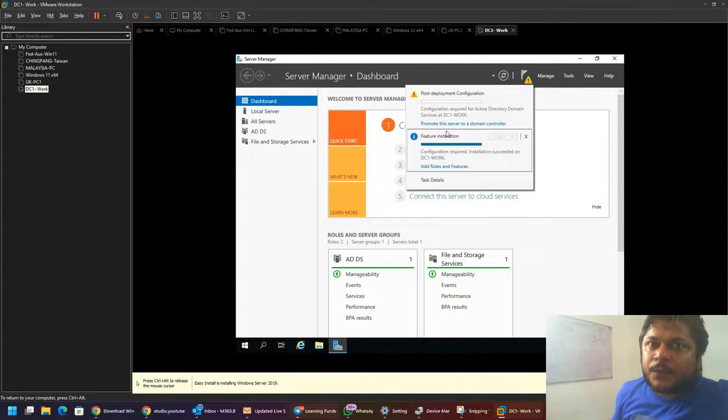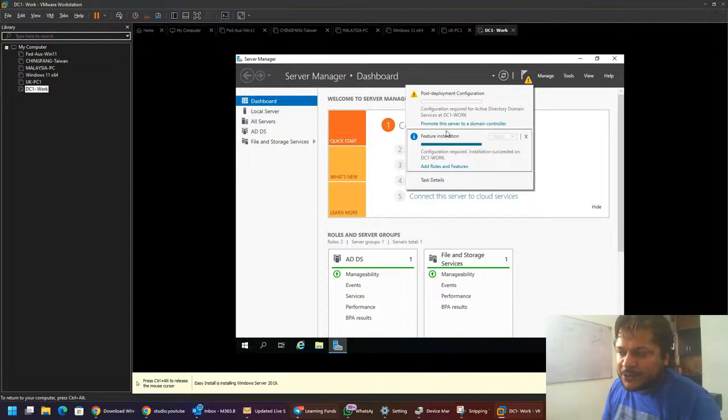What is a domain controller? As the name suggests, it controls the entire identity and access management of a company within the specified perimeter or network boundaries of that company. For example, you go to an office, on your first day, you get your username and password by your IT team.